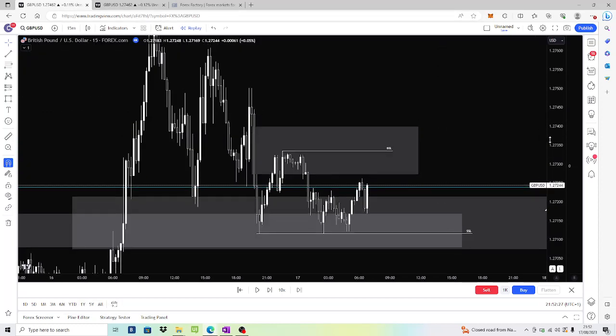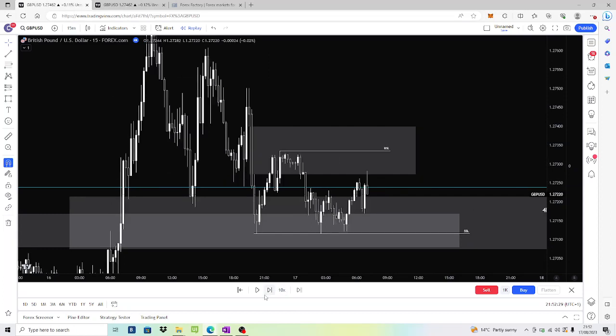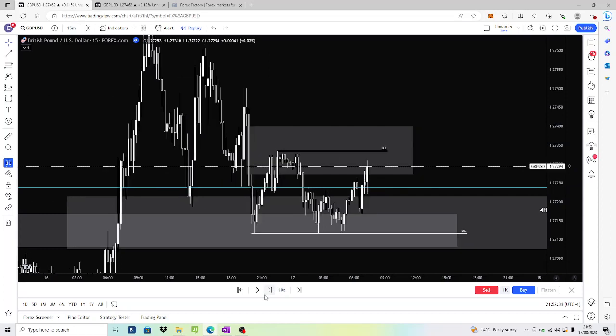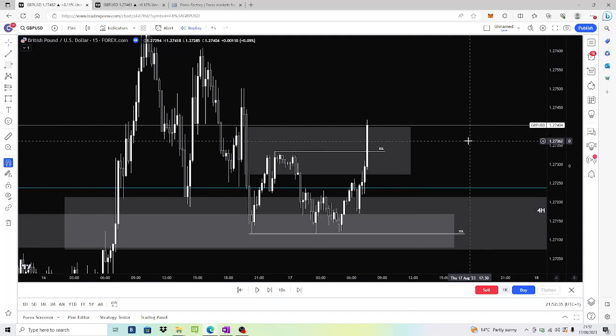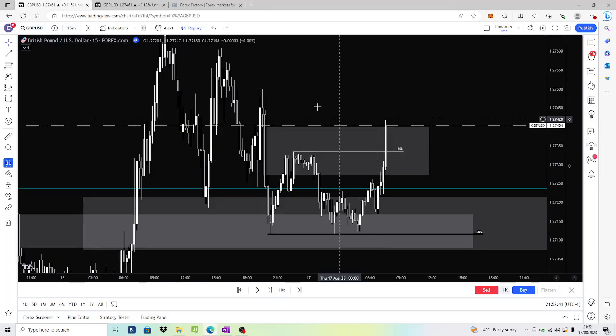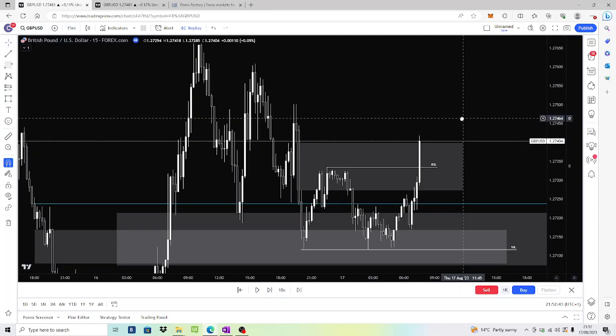Now let's see what price does at the London Open. Comes up, comes up, comes up. Takes that high. It does displace through it, to be fair. It doesn't really just take the high. It runs straight through it. And it does run through this fair value gap as well. But